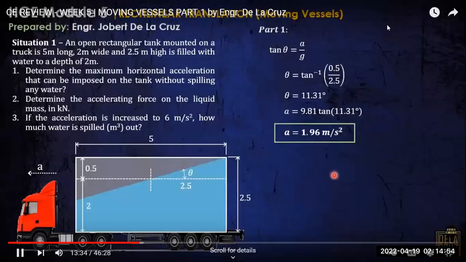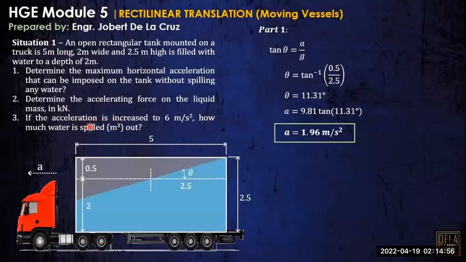Accelerating with mass in kilonewtons. Okay, so the problem is accelerating force na. How can we calculate that one? Okay, so for part 2, remember, we have a formula, di ba? We have the formula of,